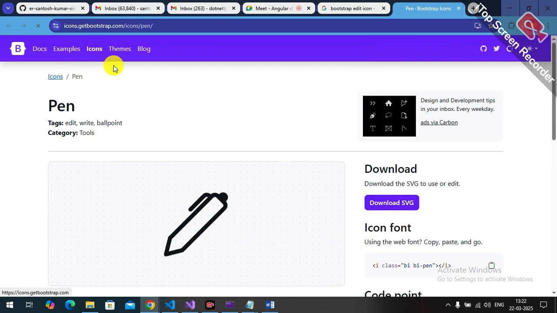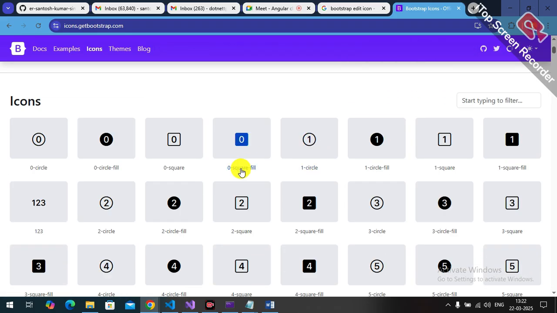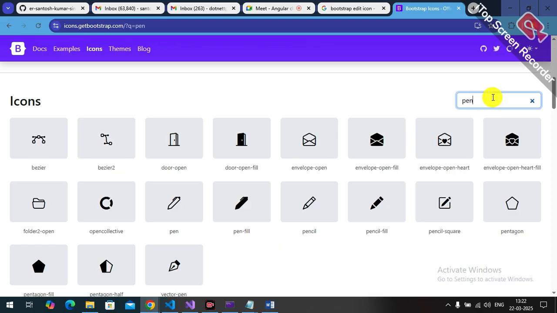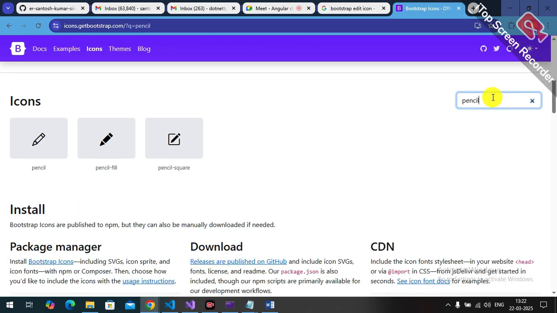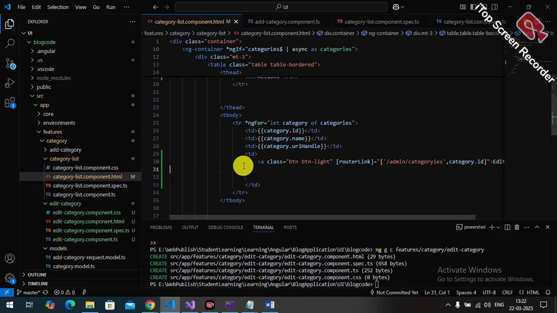The default one comes, so just search here for square pencil, a square pencil, right? Just copy it and come here and just paste it. Okay,